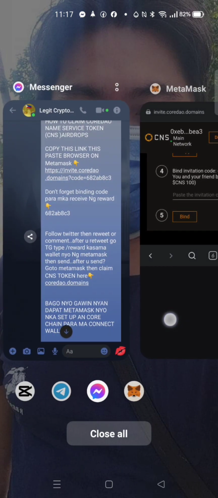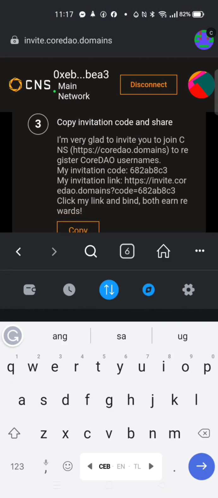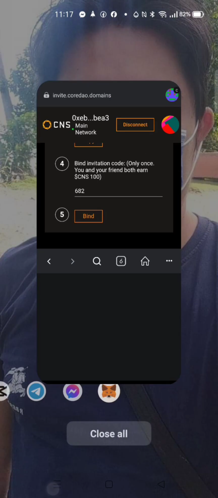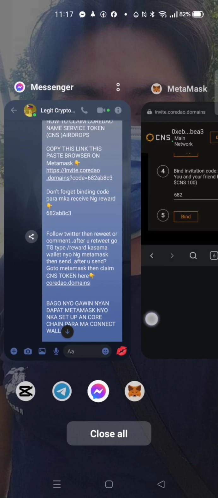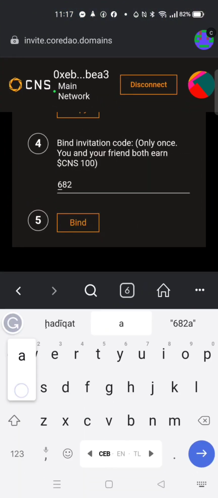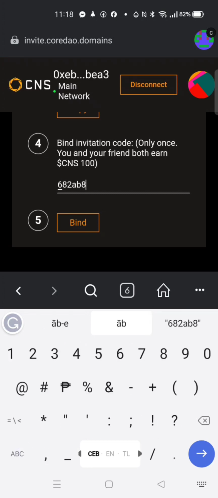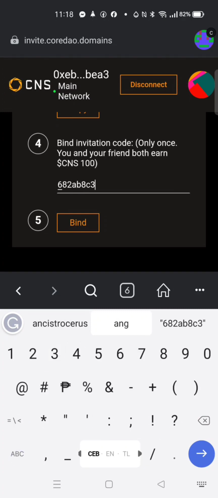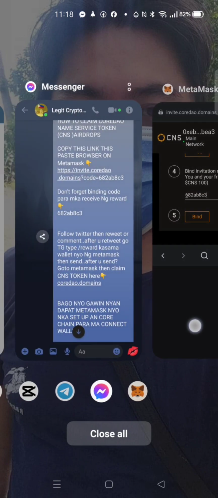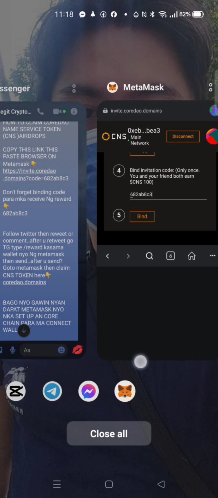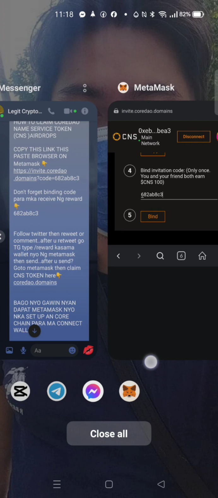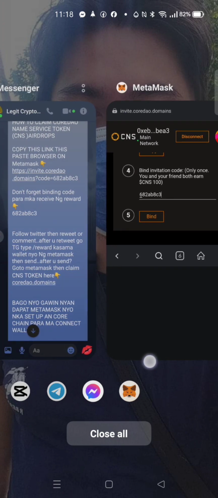The code is 682AB8C3. Be sure that the code is correct so that you can receive CNS.